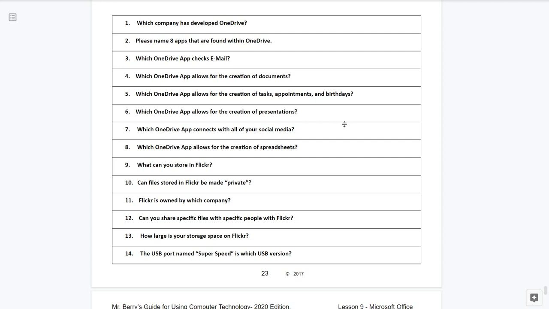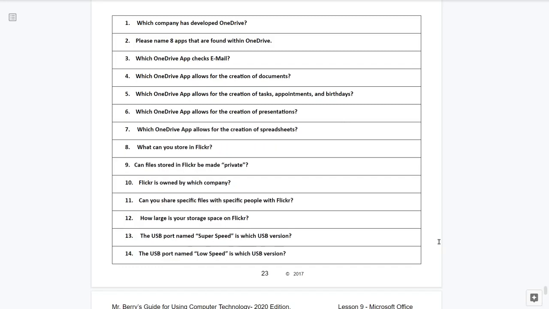Question number 6. Which OneDrive app allows for the creation of presentations? Question number 7. Which OneDrive app allows for the creation of spreadsheets?